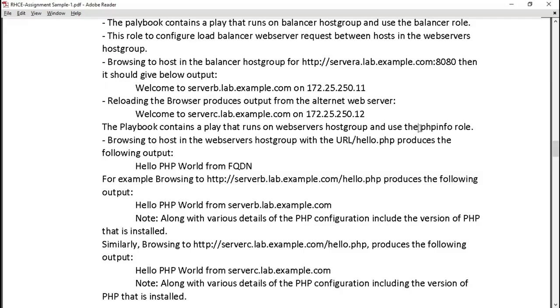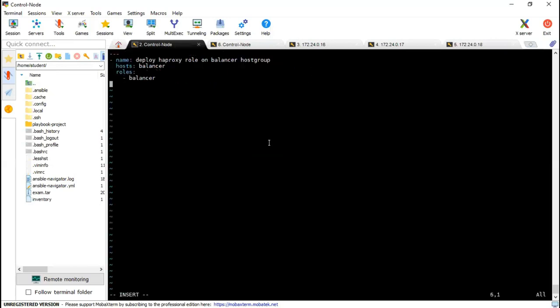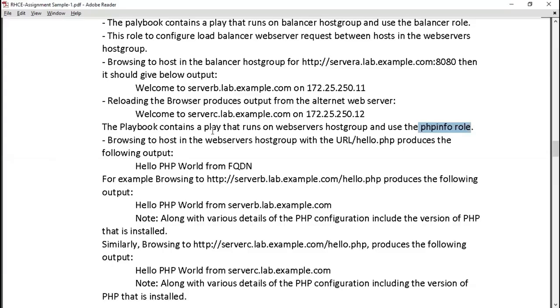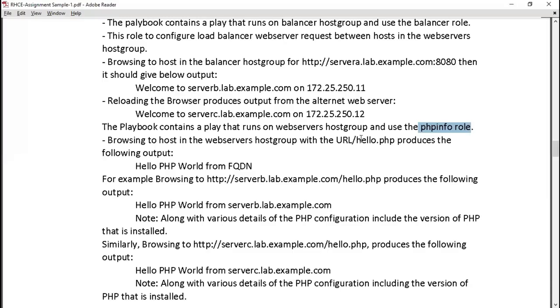And use the PHP info role. So this playbook will contain, let me go back to this playbook again. It's saying this playbook contains a play that runs on the web server host group and uses the PHP info role. Okay, so let me do one thing: 1, 2, 3, 4, paste it. And we'll say, what is the name of this?